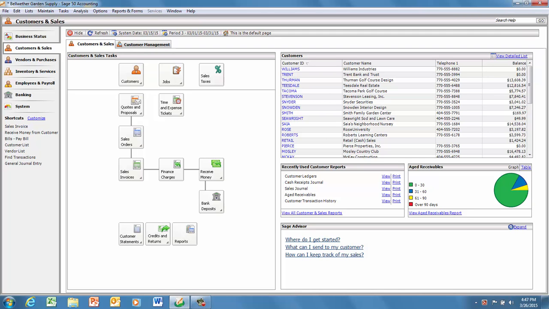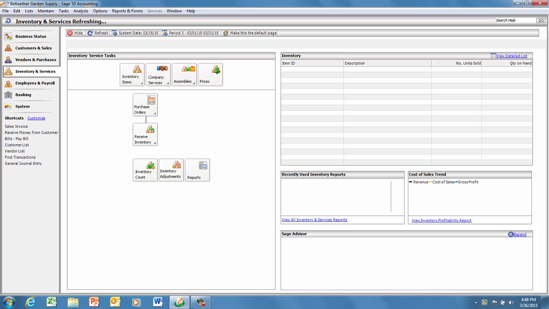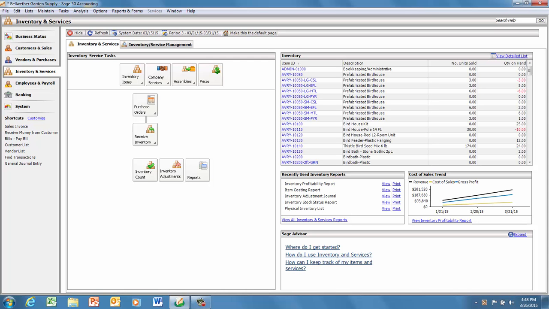Today we're going to take a look at inventory transactions. And here we are in our sample company, Bellwether Garden Supply. We have a navigation window called Inventory and Services. And here, when we click on this, we're going to go through these various buttons as far as Accounting 240